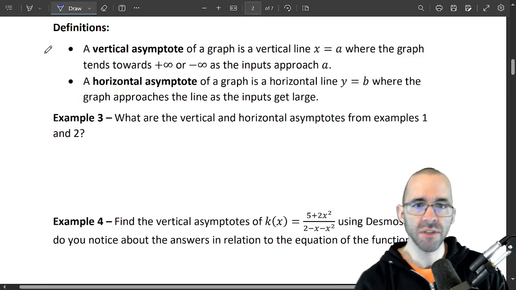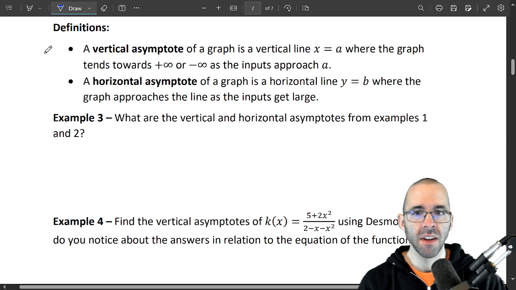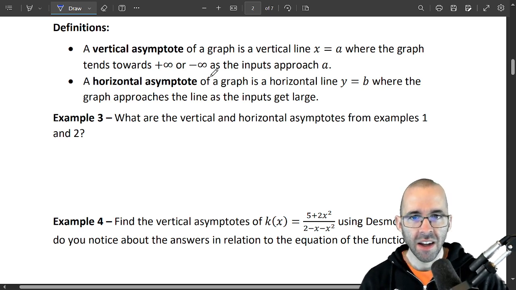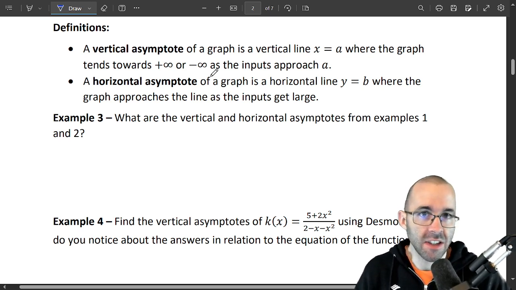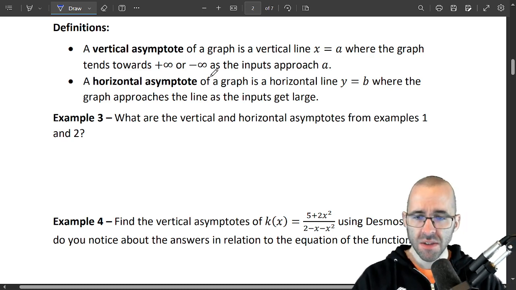And then we have another definition for a horizontal asymptote. Well, that's going to be very similar. It's just going to be a horizontal line that the function gets really, really close to. So